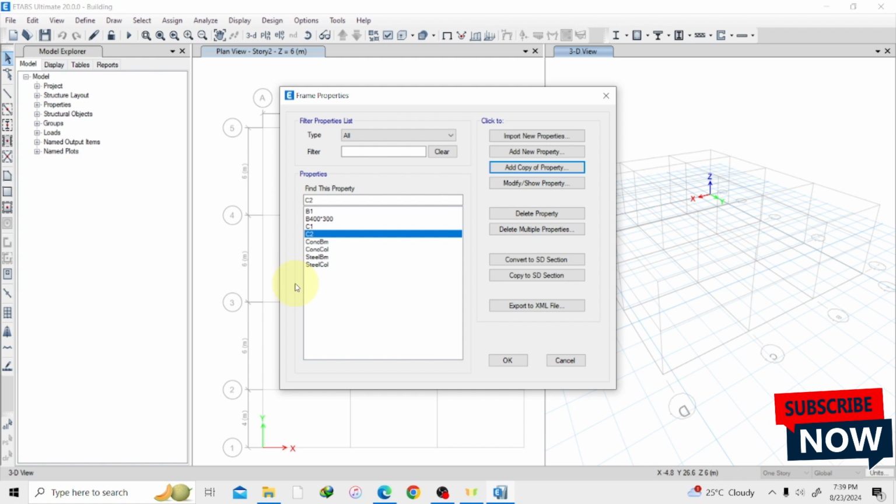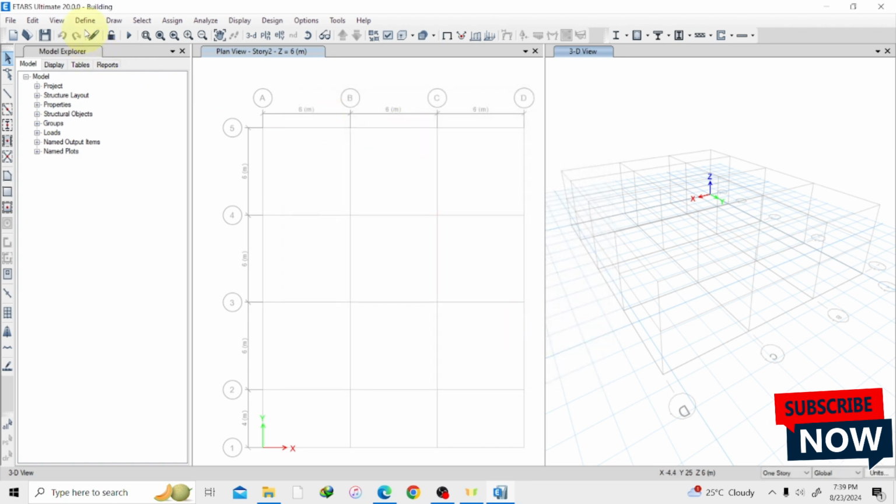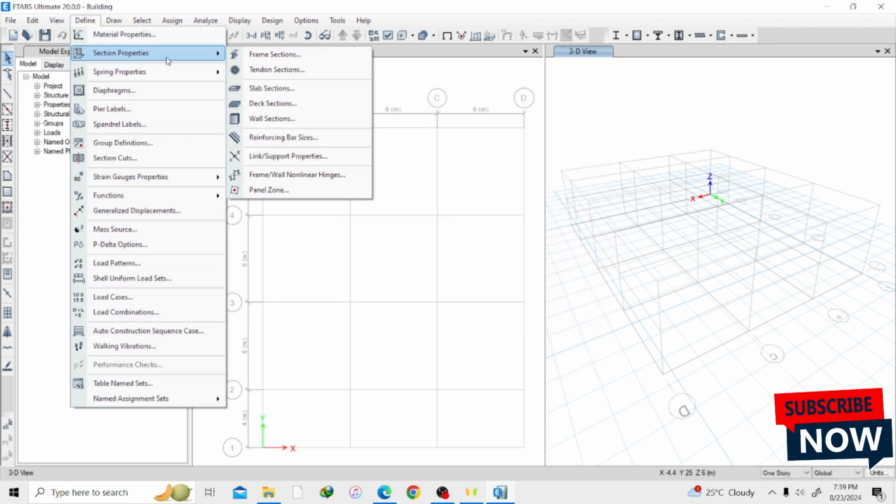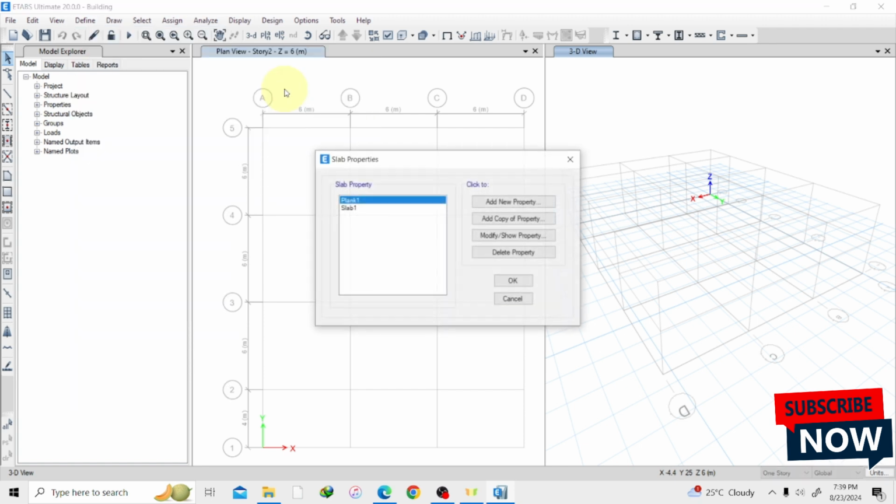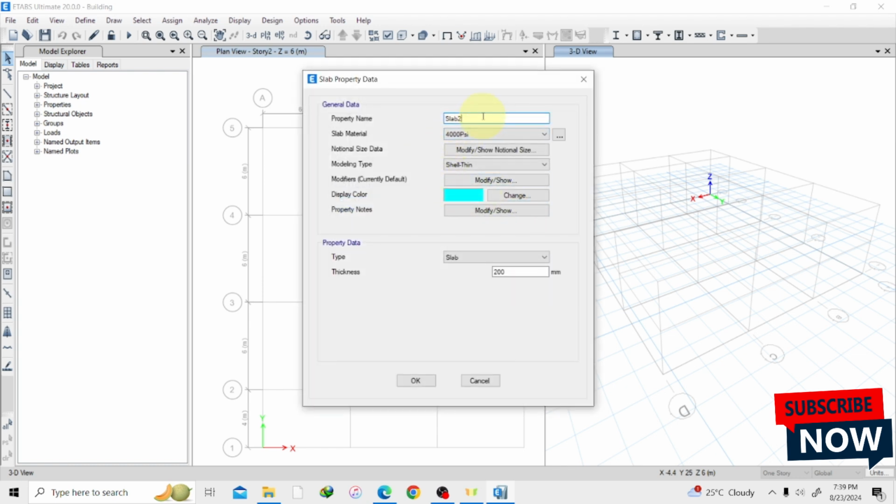So what we have left is for us to define our slab. So okay, just go back to define section property and we have slab sections. So this is where we are going to define our slab. So slab sections, you have slab 1, slab 1. These are some various properties there, but since we don't really like that one, we are just going to create our own. So add new property. So let's name it as